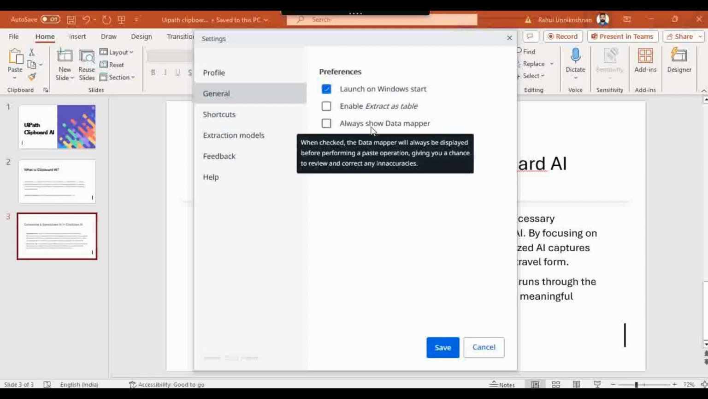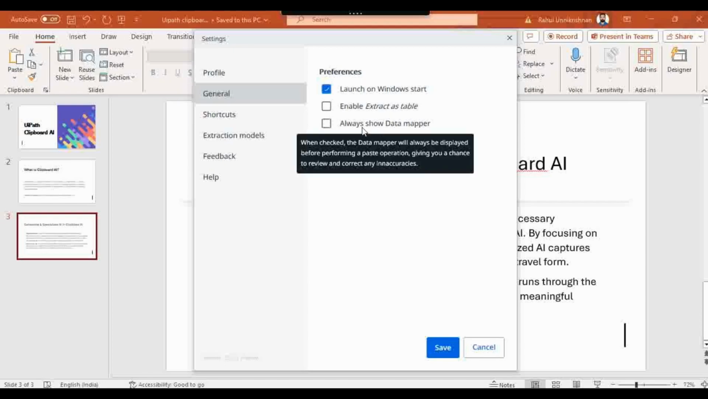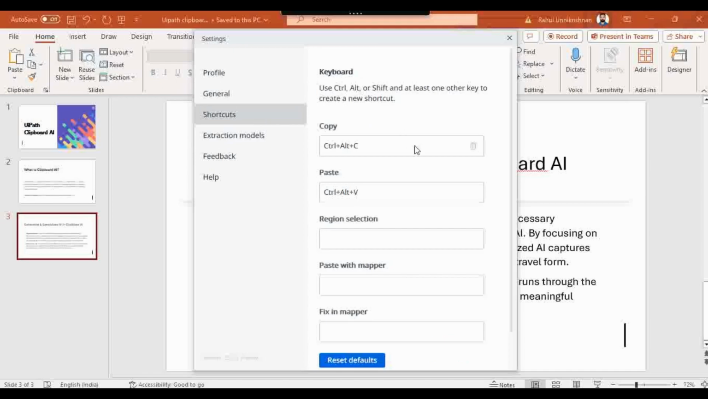And here you can set a few preferences, like enable extract as table, or if you always want to show the data mapper, you can do that also. And launch on Windows start: whenever you start your Windows, if you want to launch the Clipboard AI, you can enable this. And shortcuts are there. This is the shortcut for copy and paste. You don't need to click on this button. Instead, you can directly enter these keys and copy and paste the data,